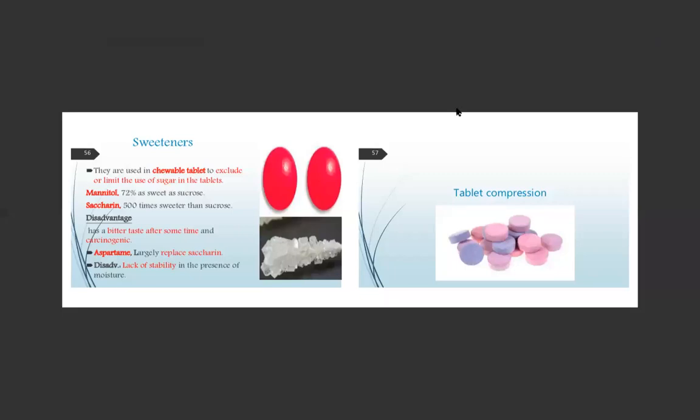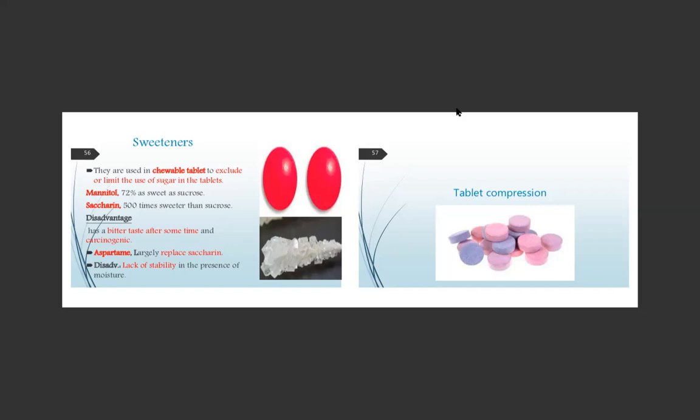So this is your formulation of the tablets. In the next class, we will study compression and the problems we encounter during compression, like mottling, capping, sticking. I will show you with pictures what the defects are when we go for compression. It looks easy: the machine is ready, granules are ready, so we can easily compress. Yes, it is true. But again, there are some problems you will definitely encounter when compressing the tablets.